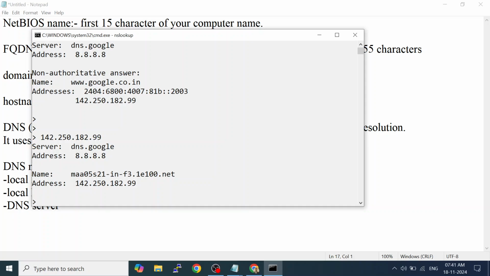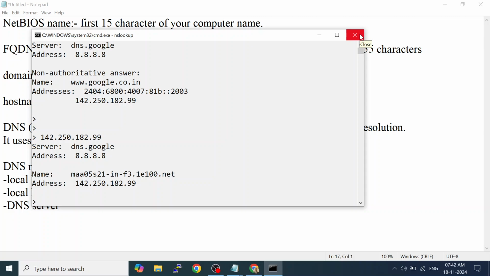This is the actual host name, or fully qualified domain name. Then you will ask, what is this google.com? This one is mapped to it as an alias. Understood? That's why we are doing it. Any confusion in this query resolution? So this is to test whether your DNS is working properly or not.